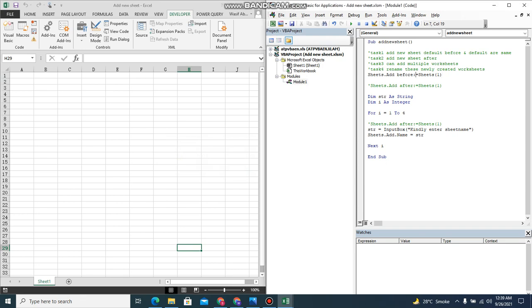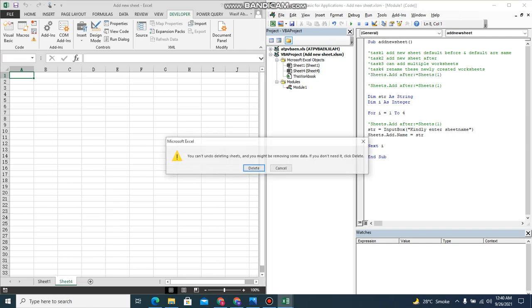What will happen when we change it to After? Again press the F8 key, and now we see that sheet 4 has appeared to the right of the sheet. Actually I prefer this way because normally our main data is in sheet 1, and we have to perform different analysis tasks on sheet 1 and then shift the results to the newly created worksheet. That's why I go for this approach. So let me add a colon and delete the sheet.